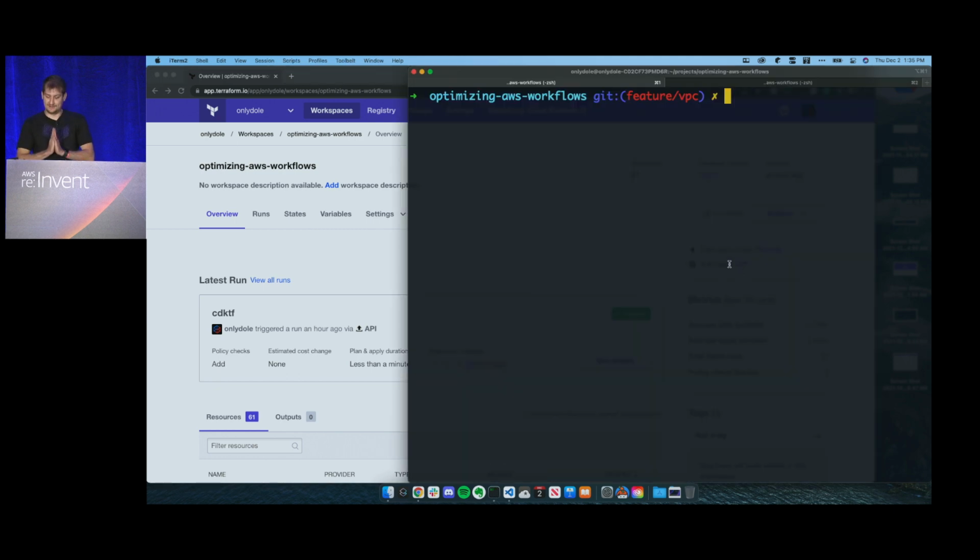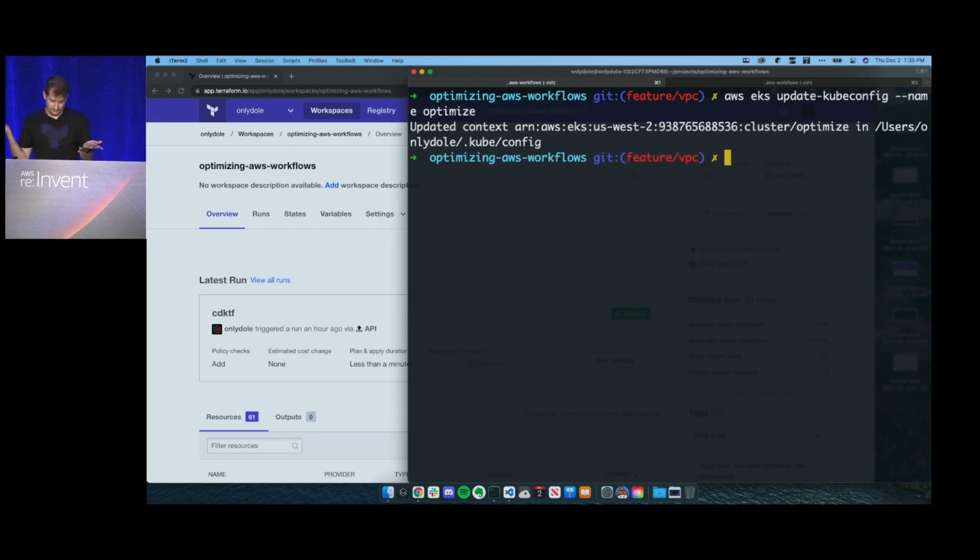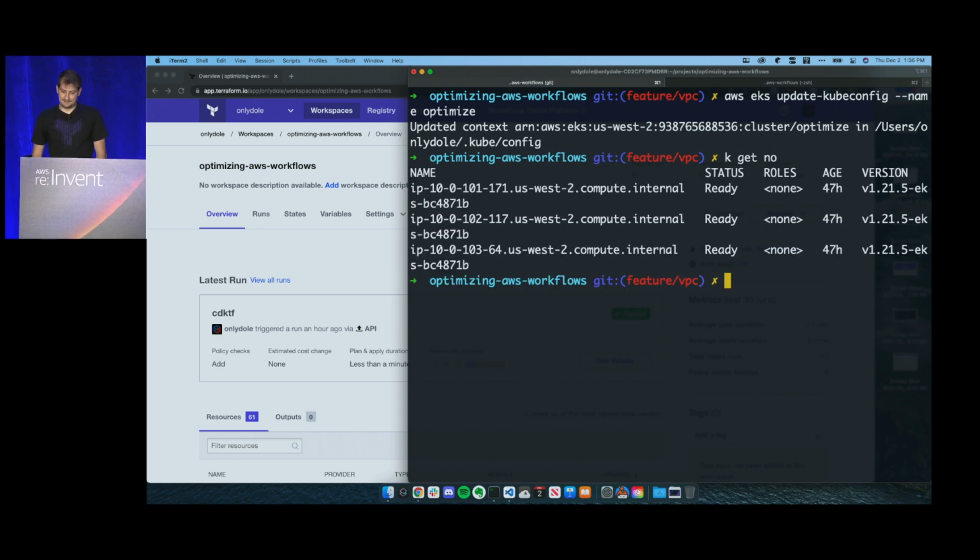I'm going to get some things kicked off here. So I have already stood up this cluster. I'm going to go ahead and pull in my EKS, my Kubernetes configuration. I have aliased kubectl to the letter K, because typing is hard sometimes. And I'm going to be using Kubernetes shorthand as well. So you can take node and shorten that to no. So let's go ahead and take a look. So right now, we're going to be looking at 3 instances.